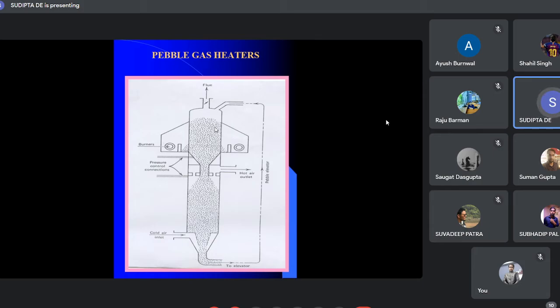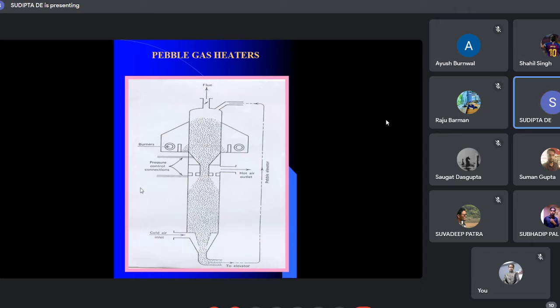Now, this pebble gas heater can be utilized either for waste heat recovery, or for simple heating by burning process or fuel utilization also. If it is by fuel utilization, then obviously there are burners. If it is waste heat recovery, then there may be the hot gas flowing through this passage. So what do you expect to see? Your hot gas created by this process is